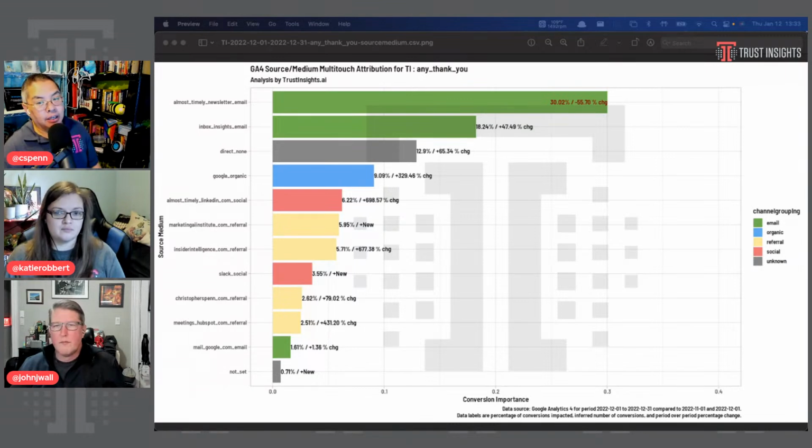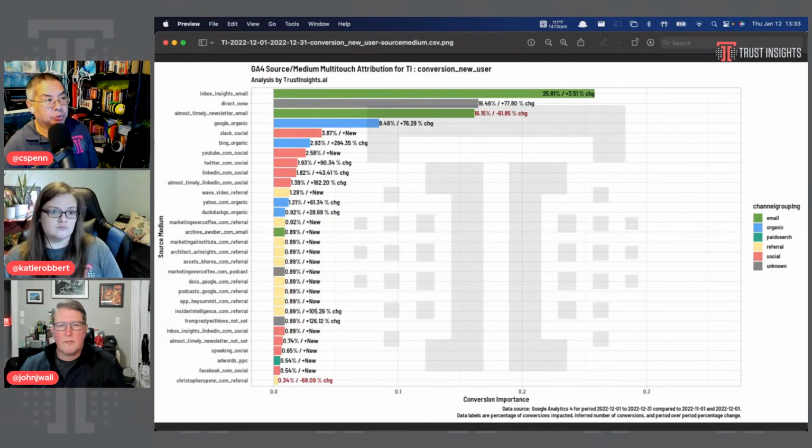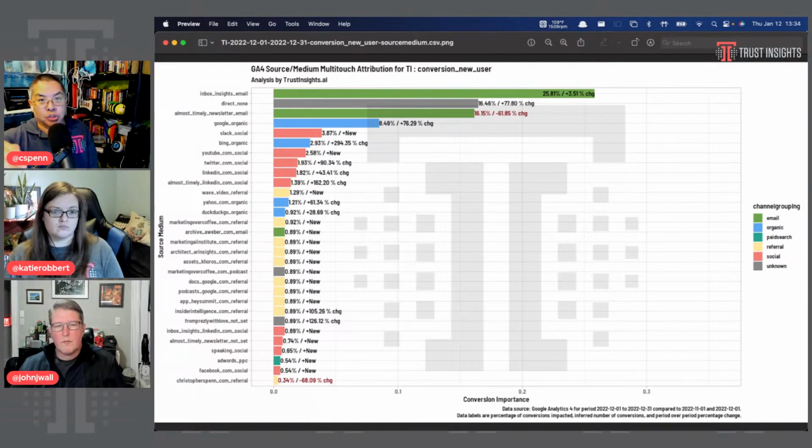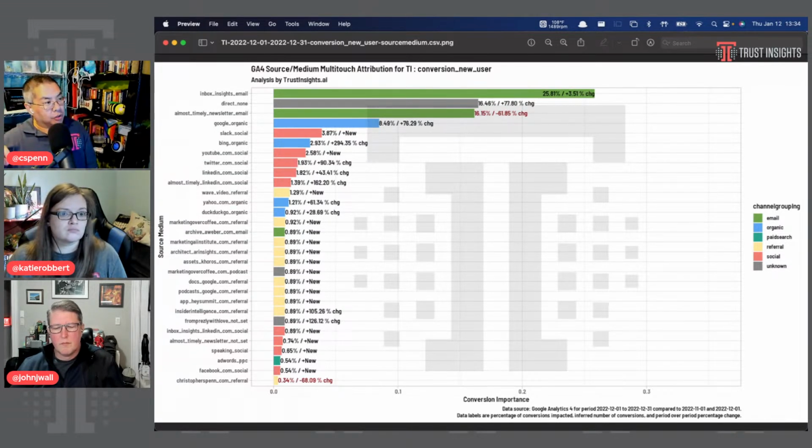One of the things that we strongly recommend to people who are building out their Google Analytics is that you have conversions at each layer of your funnel. You have an awareness conversion, which in our case is a new user. You have an engagement conversion, like a subscription to a newsletter. And then, yes, you have your money conversion. Hey, I want to talk to John Wall today. That's your money conversion. You may not have enough data in the lower funnel conversions, but